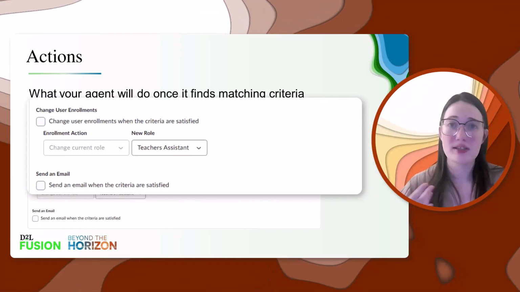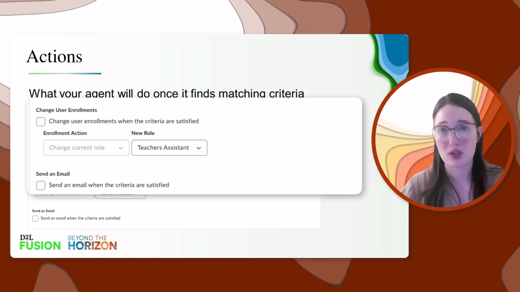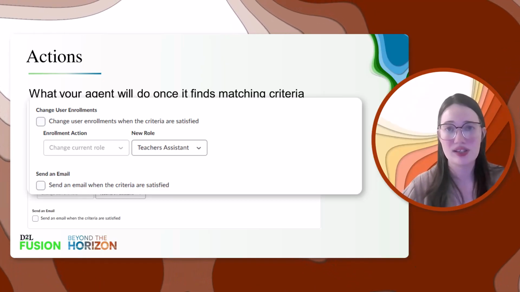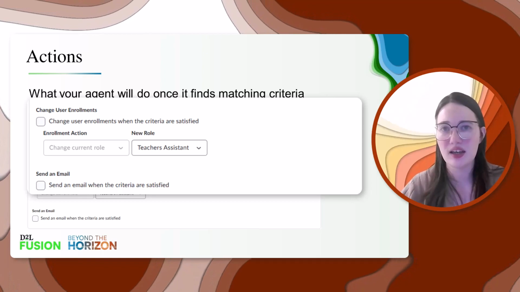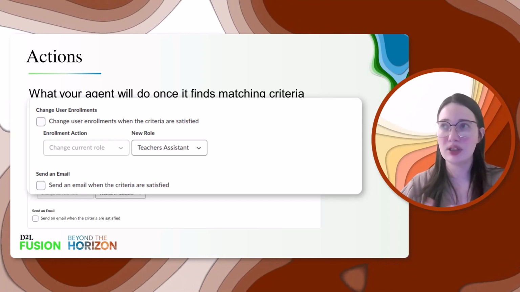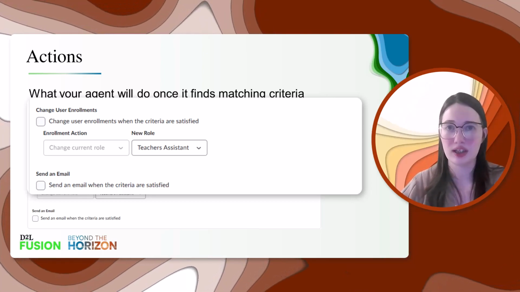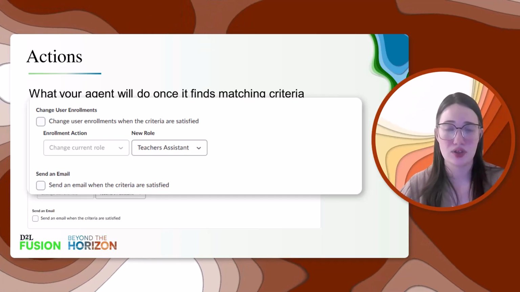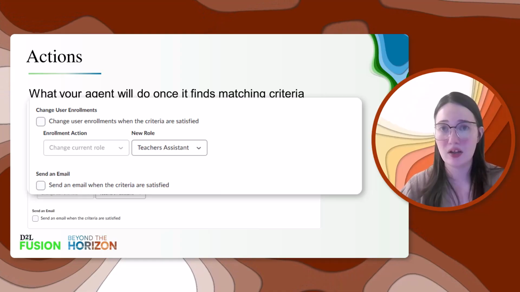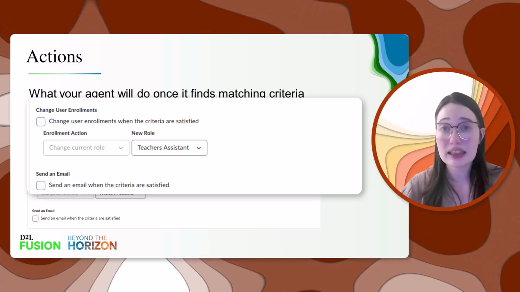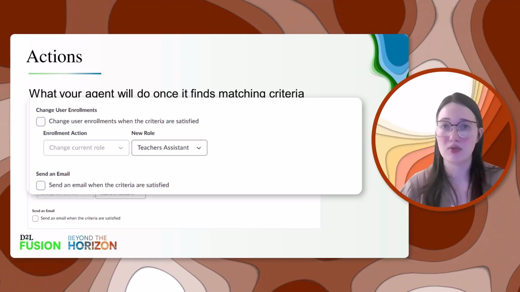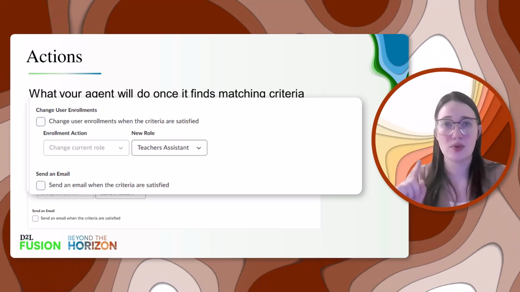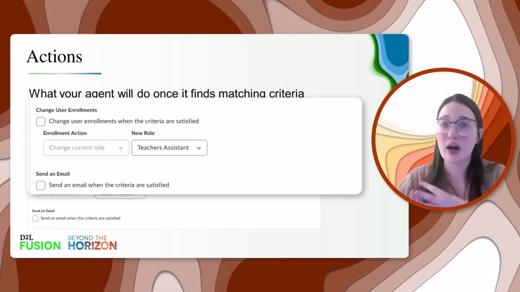You might want to change enrollments in some type of training course where once a student finishes the course and achieves above a certain grade, their role gets changed to peer mentor, or they get enrolled in the next training course automatically. And if you choose for the intelligent agent to send out an email, once that box is checked, you can completely customize the content of the email, from subject line to additional recipients to the body of the